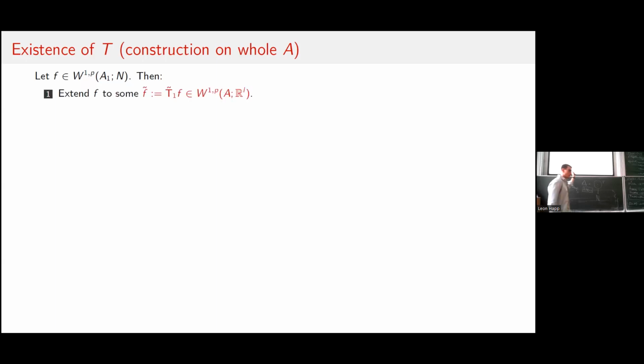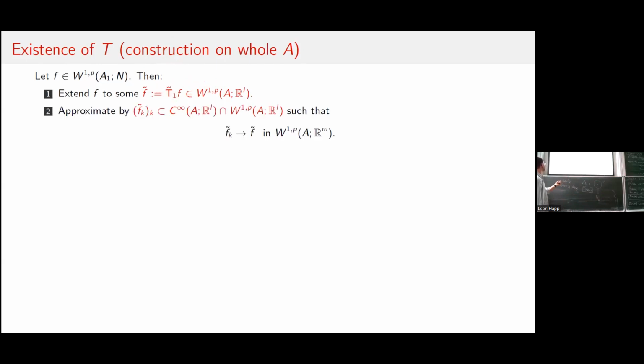So we extend to some f tilde with this already known extension operator. We use the target manifold constraint, right? Note again, we have the 1 instead of the epsilon here. Then we want to apply our retraction operator. Unfortunately, what we have to make sure is that the Sobolev function f tilde here doesn't take values too much, in a measure theoretic sense, in the set of singular points of our retraction, because otherwise, if we compose this function with the retraction, this will not be well defined.